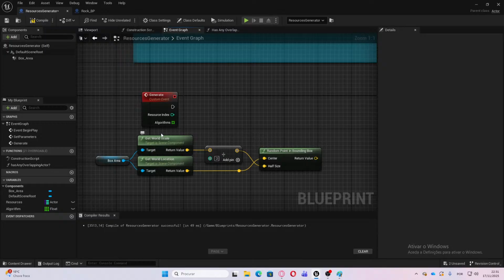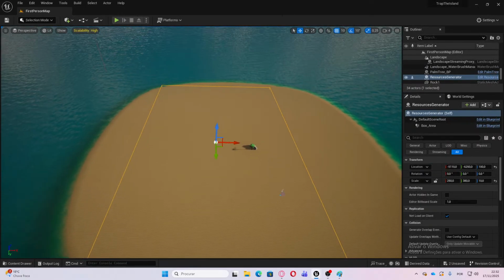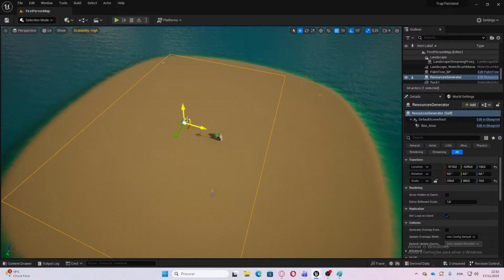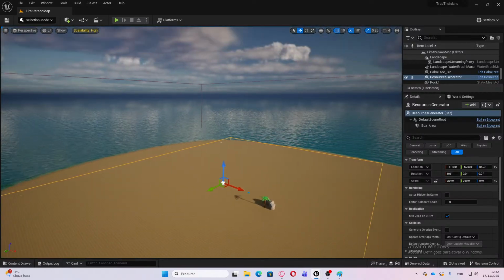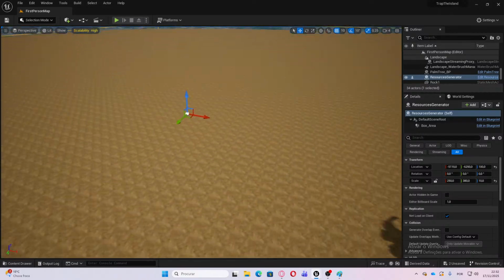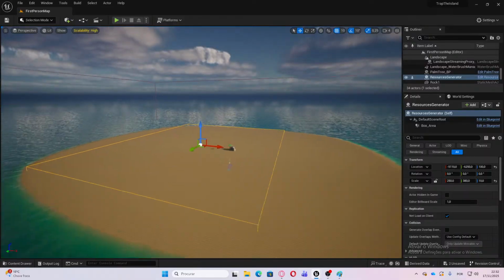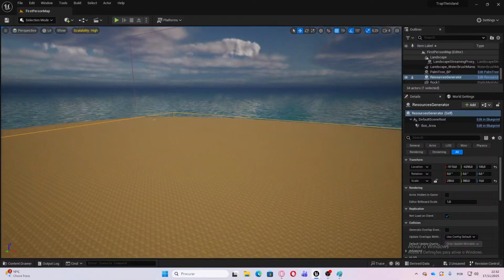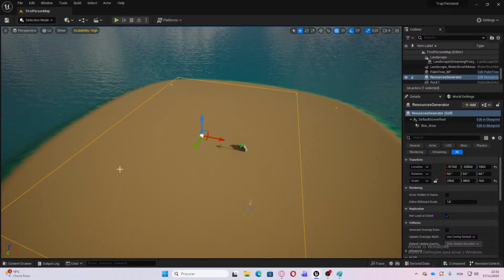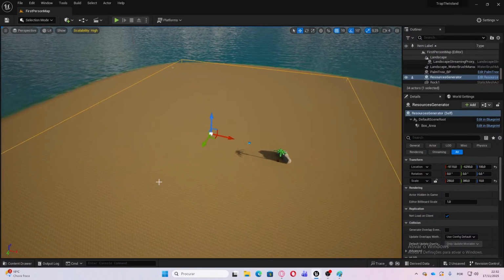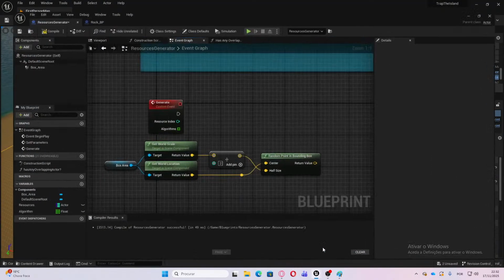box because we're getting the world scale and we're dividing it by 2, and then we're putting it as the half size. So we get here all of the half sizes of, like, in the x, y, and z coordinates or axes, and then we're just setting these as the parameters for getting a point in this bounding box. So then we have a point here in this box that we can spawn a